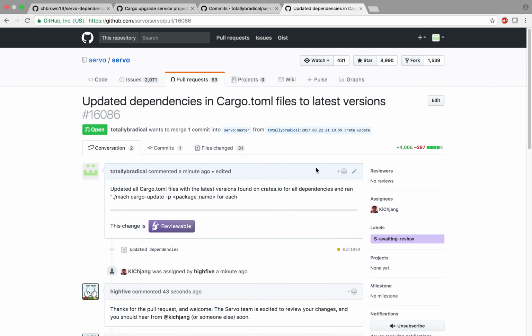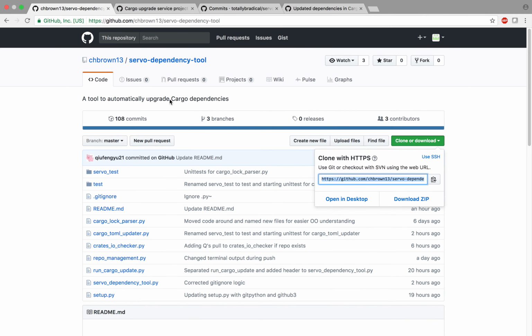And there you have it. That is the Servo Dependency tool at work, our open